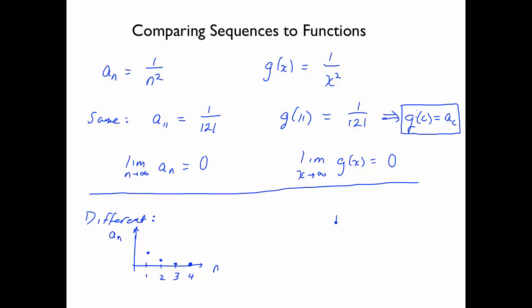What is the graph? What is the domain of g of x? So what are all possible values that we can put into g of x for our input variable x squared? It's not just counting numbers 1, 2, 3, 4, 5, right? What is it? Everything except 0. And so the graph of 1 over x squared